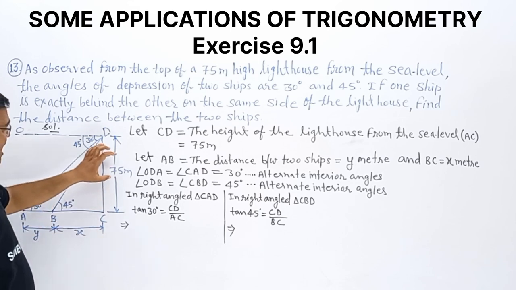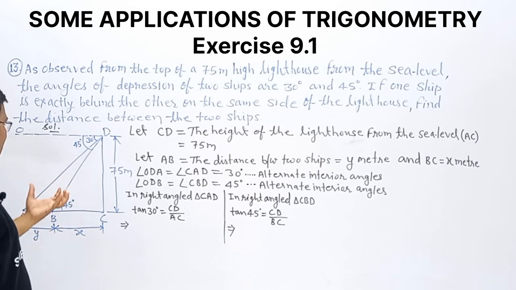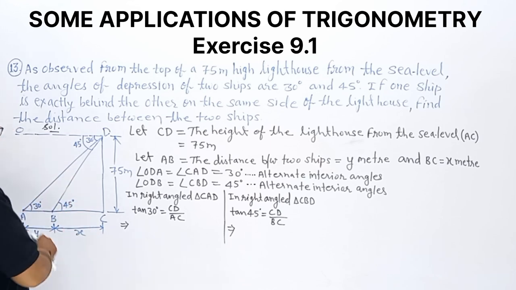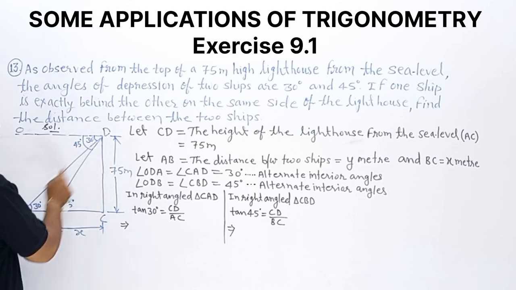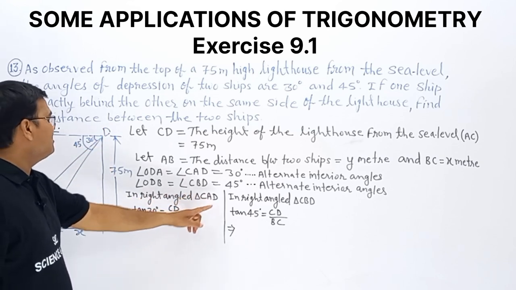So we are having this height. This we assumed as a y, and this we assumed as a x. Now these are looking as a right triangle, so we will consider we are having two right triangles, this one and this one. So one by one we are considering. In right angle triangle CAD,